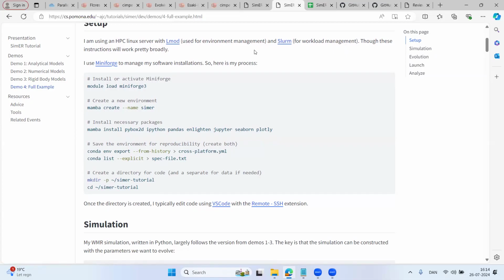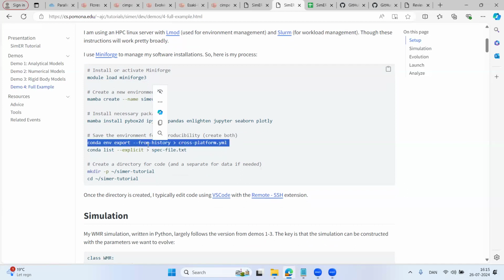I like MiniForge, which is a version of Anaconda that's not attached to the Anaconda private company. And so I use MiniForge. I'll create Anaconda environments, install my stuff in the Anaconda environment. And then for reproducibility and just to be a good scientist so that I can share my results, I always export my dependencies, like the exact versions of dependencies, so that I can share with a collaborator or somebody who reads my research paper and wants to replicate the exact results. Very important to share exact dependencies.